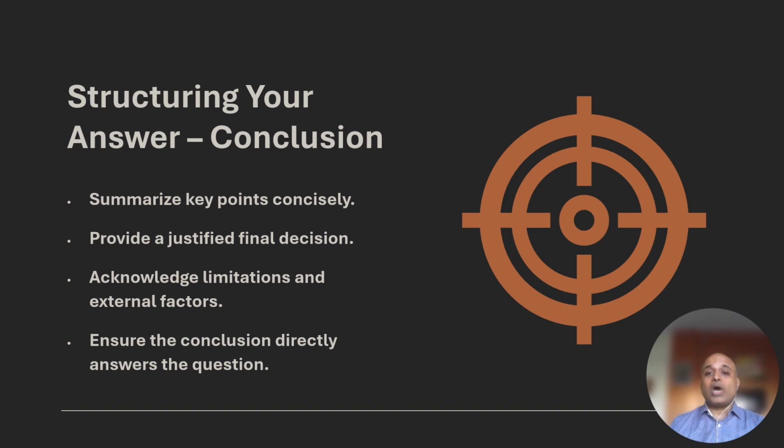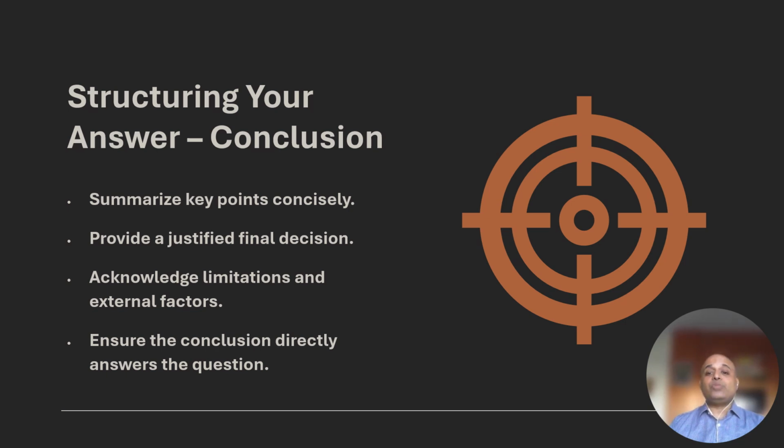Step 2. Provide a justified final decision. Now here's what separates an average response from a top tier one. You must justify your final recommendation using solid business reasoning. Example: despite the risks, international expansion aligns with company X's long-term growth objectives. By entering high-growth markets, the business can diversify revenue streams and enhance brand presence. Tip: use strong, decisive language like ultimately the best course of action is, or the most strategic decision would be,